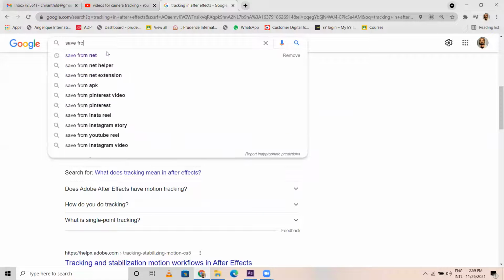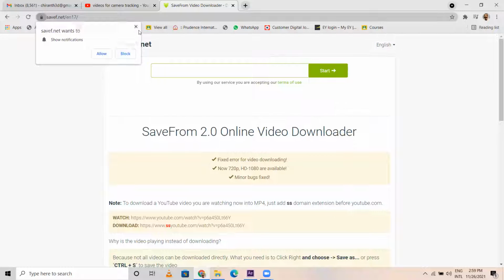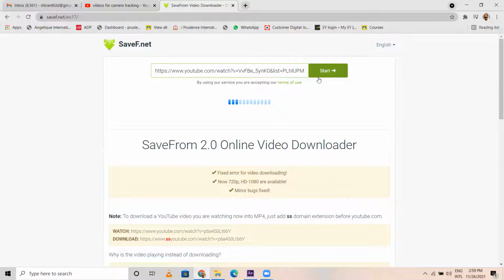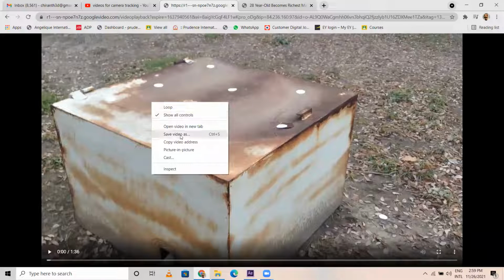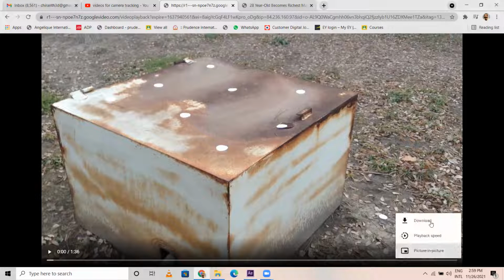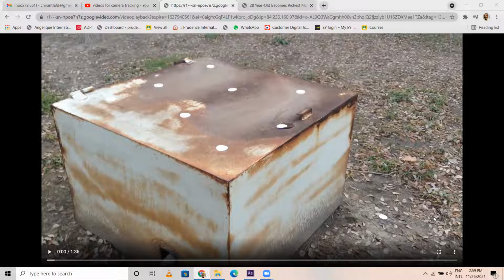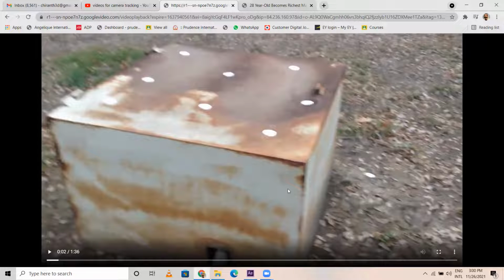Save from net. It seems it is taking some time.